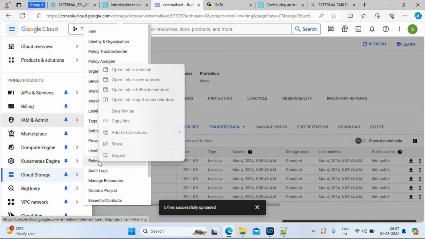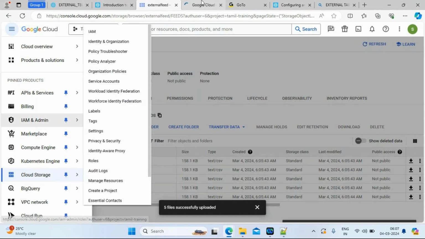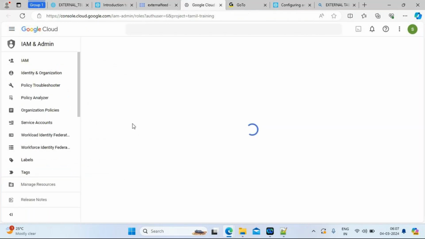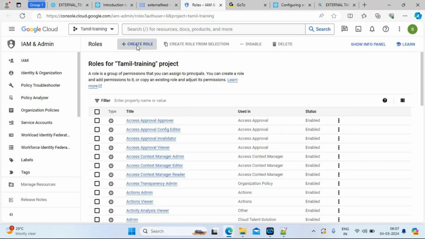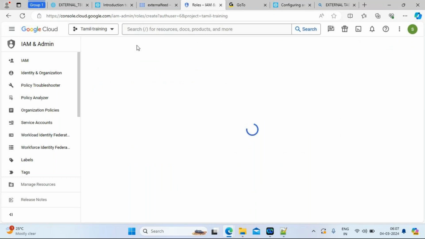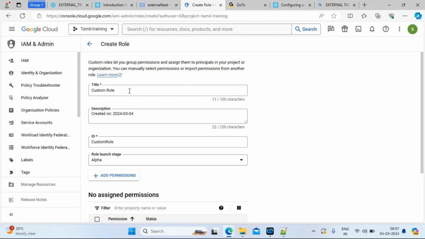Okay, just create a new tab. Now you can able to create a roles. The first step I want to create a one role. Just click on create role. It will take some time. Yeah, now you can able to provide the role title. I'm going to make it as